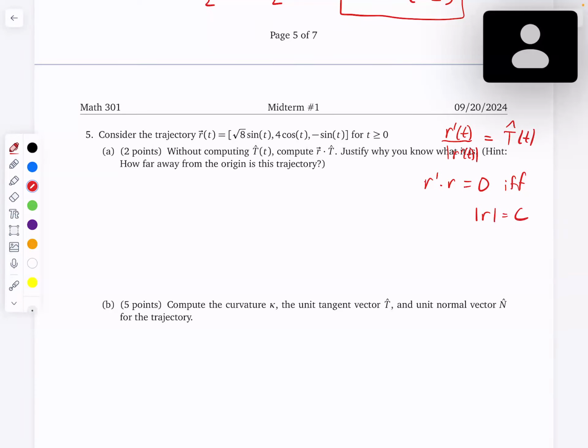And so that's why it says how far away from the origin is the trajectory. And so is it a fixed distance? And so we want to compute that. So let's compute r of t. If you compute the magnitude of r of t, you get the square root of 8 sine squared t plus 16 cosine squared t